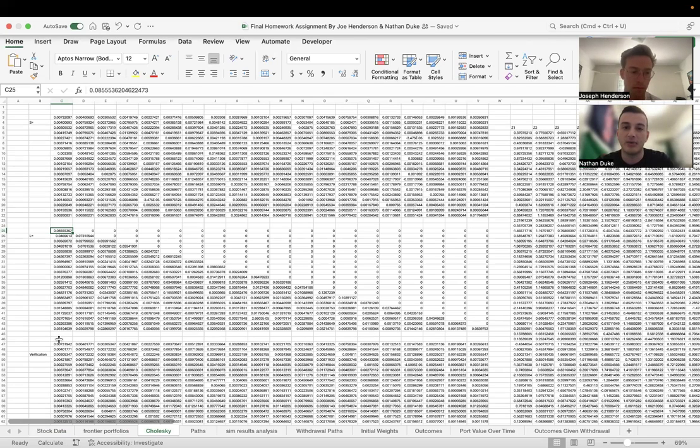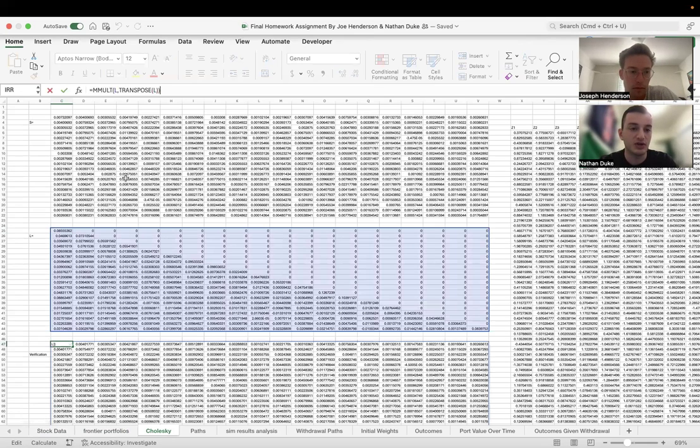Since we are collaborating on the same Excel, we were not able to save it as a macro enabled file. So we just copied those numbers over hard coded so that we could continue on with the Cholesky calculations. And then the matrix right below that is just the verification to ensure that the Cholesky did in fact work. And as you can see, that bottom matrix there is equal to the matrix at the top,